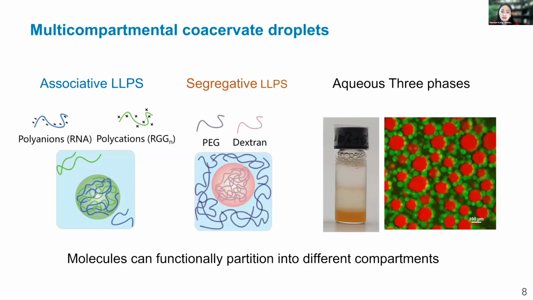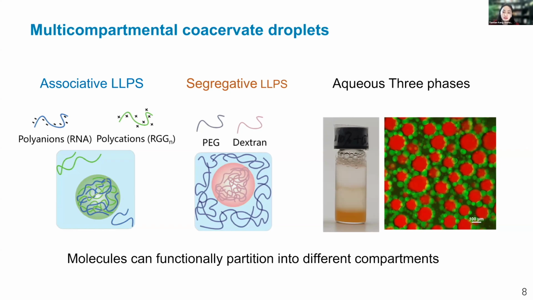These coexisting aqueous phases can be incompatible dense phases arising from multi-phase liquid-liquid phase separation, which combines segregative liquid-liquid phase separation that typically occurs between natural polymers and associative liquid-liquid phase separation that's typically driven by multivalent interactions. So here is a photo demonstrating 3 coexisting aqueous phases in a single container, while the fluorescent image